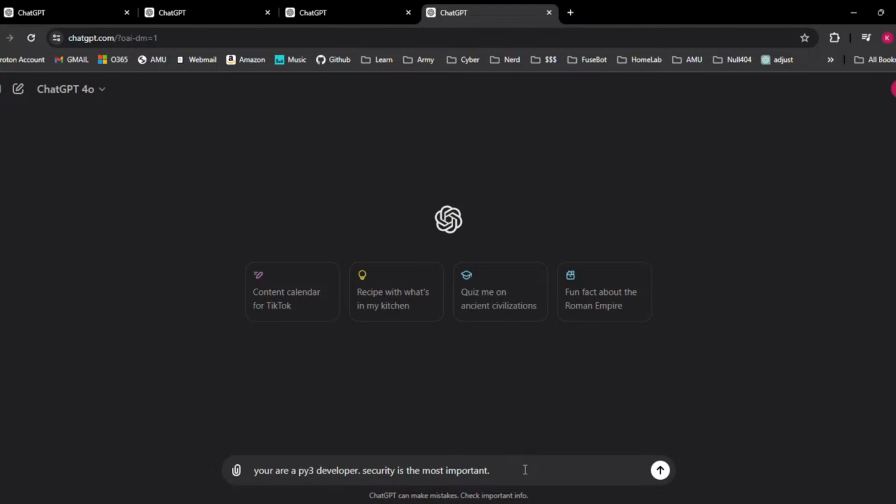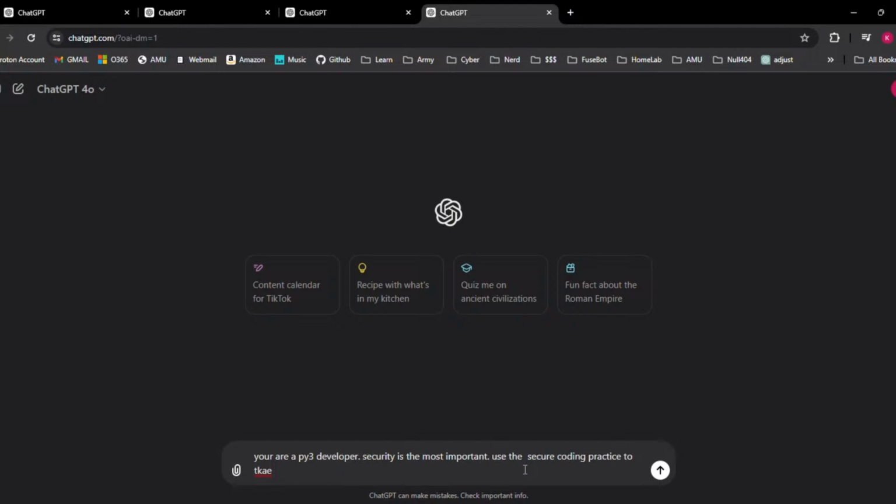And you can give it: use the secure coding practices to take basic information from a client, use input validation. I'll misspell it 20 times because I'm typing on a thing, but whatever, it's fine.